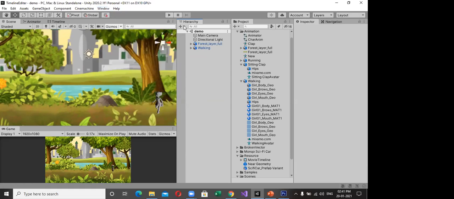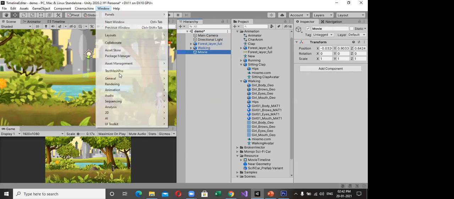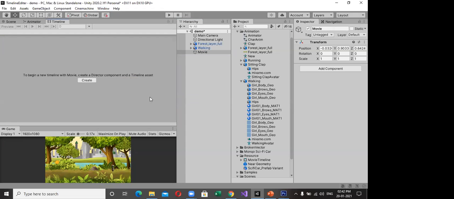First we create your movie clip. I used one empty movie clip, named movie. I select that, go to Windows, Sequencing, and Timeline. If you want to create a new timeline, you have to create a new one or use an existing one. Now we create a new one.